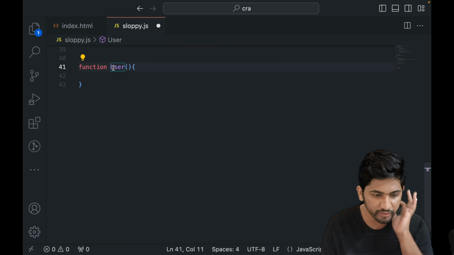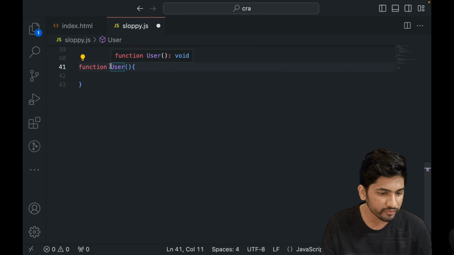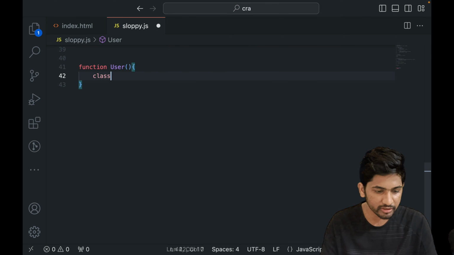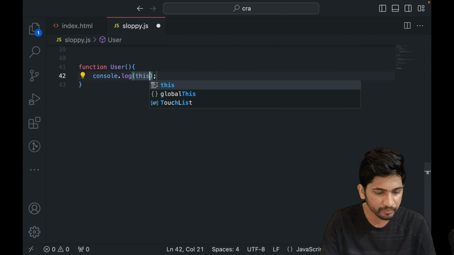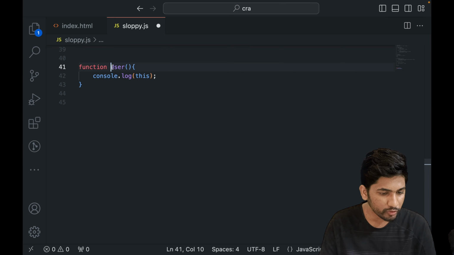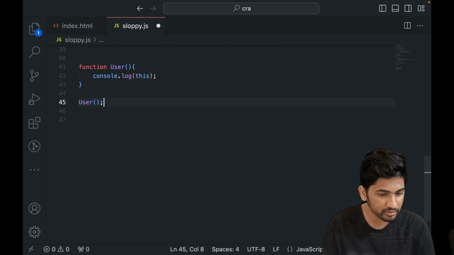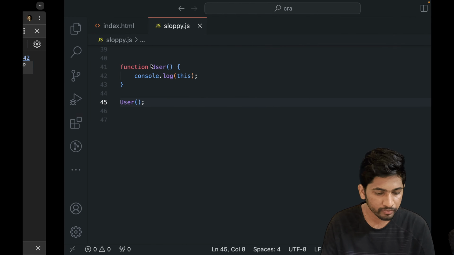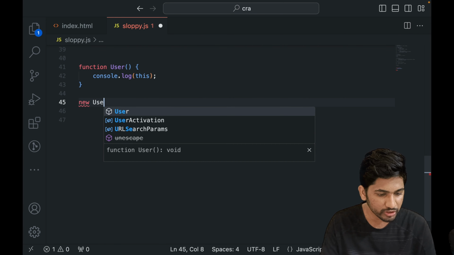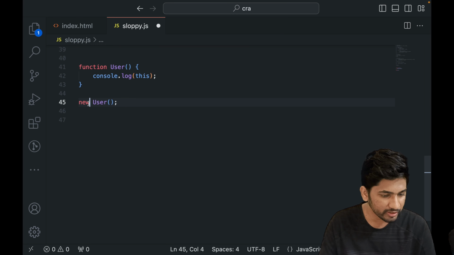The convention that we follow to create constructor functions is that we start them with a capital letter. Now inside this, I'm going to print this keyword. And this time I'm going to call this function. If I call it normally, definitely I'm going to get this as the window object. Look at this. But if I call this function by using the new operator, remember the task of the new operator is